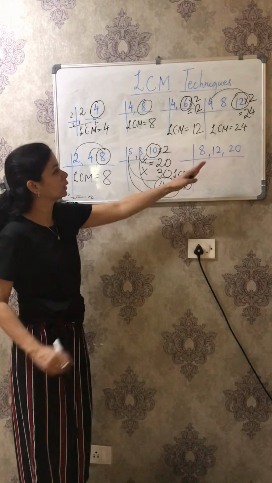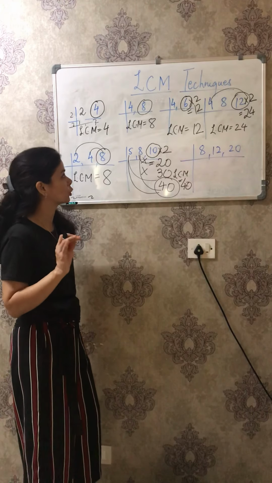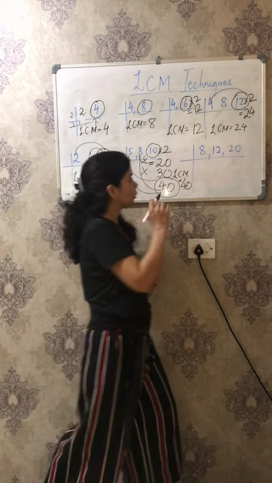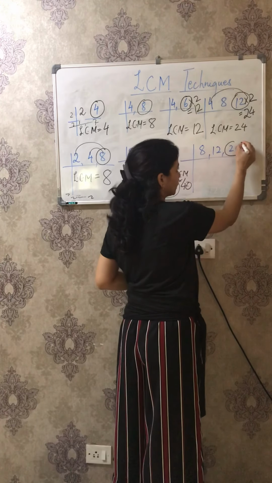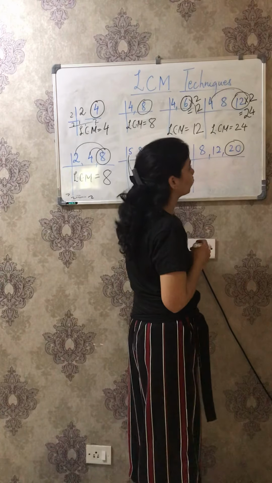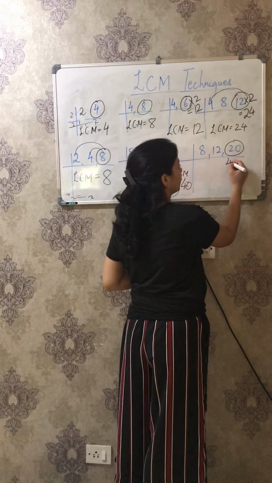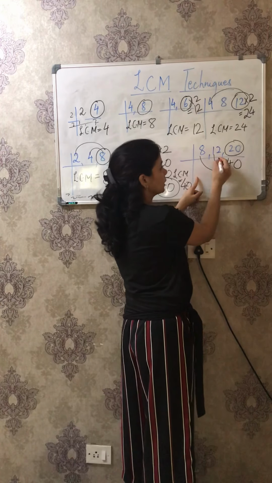Now let's come to the last question. It can be a bit difficult but not that much. Okay, so let's go to this. Go to the bigger number. See whether it is divisible by 8 and 12 or not. No, not at all. Go to the next. 12 twos are 24, 40. So this is divisible but this is not.